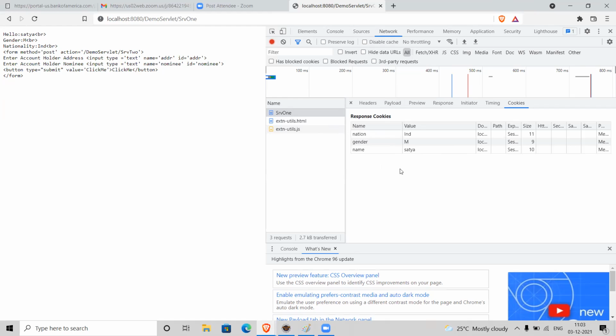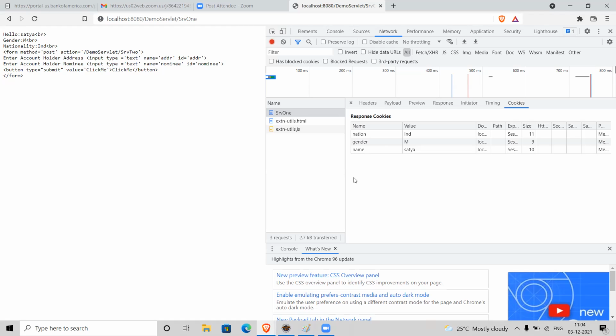So passwords and all, we should not set in cookies. For that, we need to use hidden fields. No, that has a different mechanism. So what are the disadvantages we had in hidden fields?